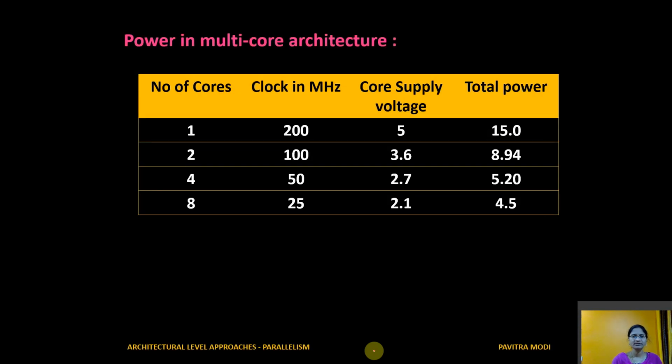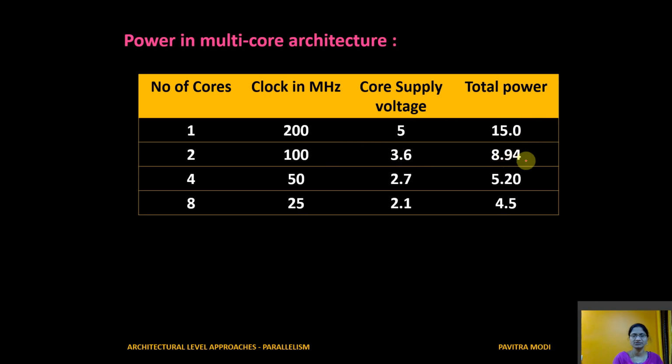Fine. And here let me show you some statistics. If the number of cores are 1 and if the clock frequency is 200 megahertz, and if we haven't gone for any voltage scaling, and that is why the total power consumption is 50. Of course, it can be any units, generally in the range of microwatts. And if you are going to replicate this one, fine, therefore you can use a frequency of 100 megahertz. The frequency is going to be reduced by 2, and the supply voltage can be taken less than 5 volts, that is 3.6 volts. And for these conditions, the total power consumption is said to be 8.94,